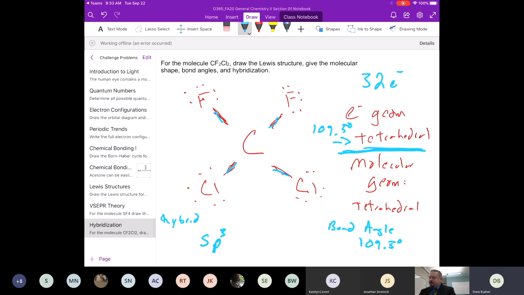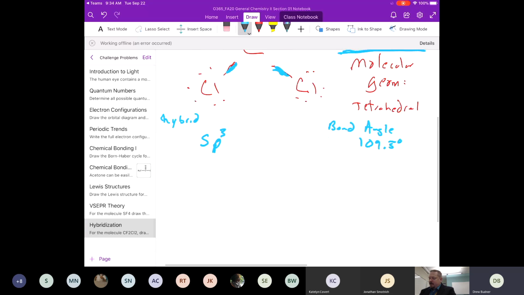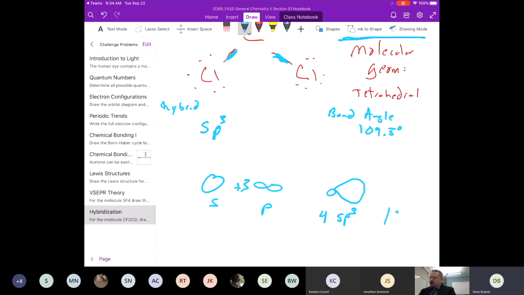So now we have this new set of orbitals around carbon that are no longer just s orbitals or p orbitals. We've mixed them together to come up with this new sp. So we've taken essentially the s orbital that we had and the p orbitals, right? We added them together to get a new hybrid orbital, which we call the sp3 orbital. Right? We mix together the s and 3 of these p's to get new orbitals that look like this. We end up getting 4 sp3 orbitals, and their angle between them is